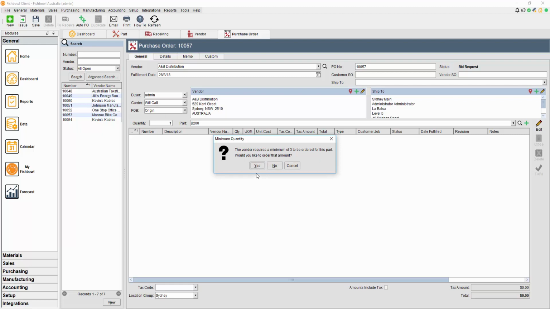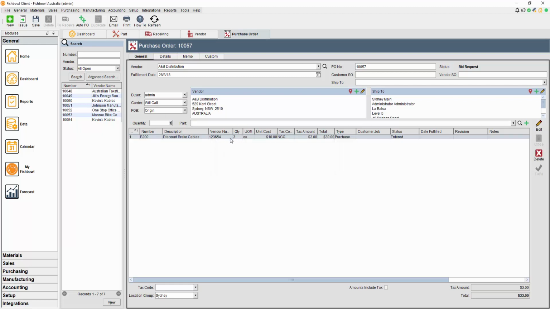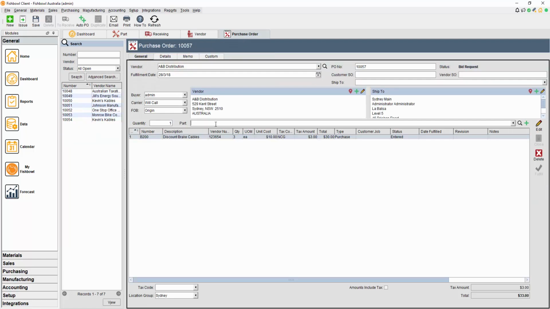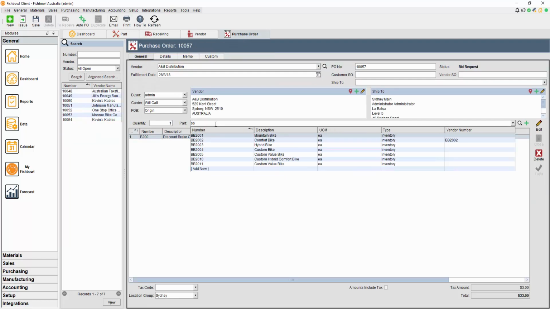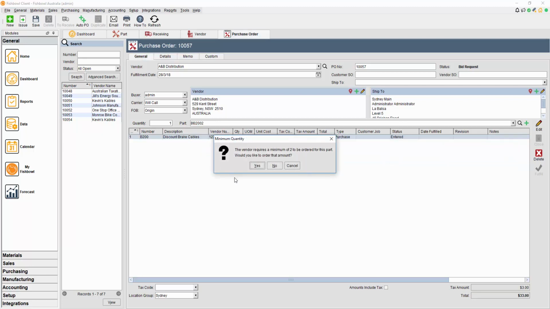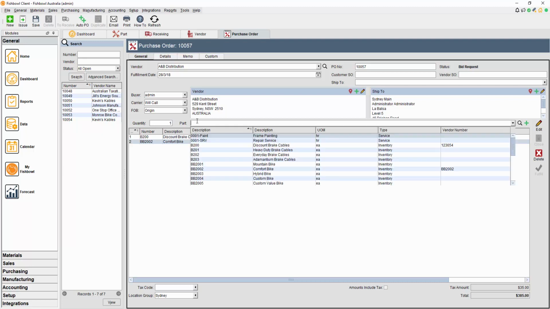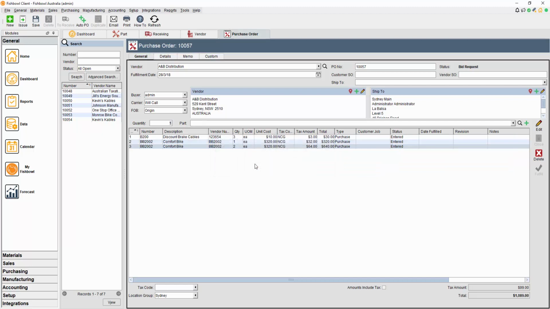Would you like to order that amount? Absolutely, and we can see it pops it in there. If we do that for the other one as well, B202, we see we get the message again. If we want to order the quantity we originally put in, so the 1, we can hit no and it'll feed through. Obviously the alert lets us select the quantity we've popped in